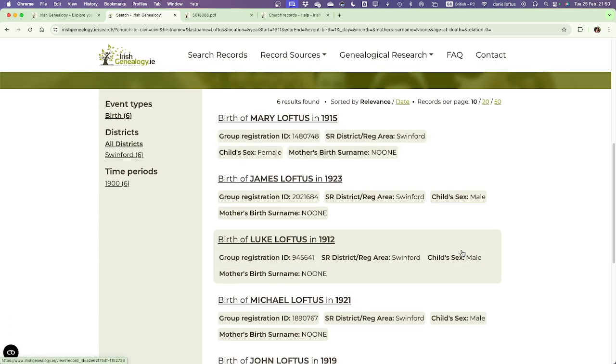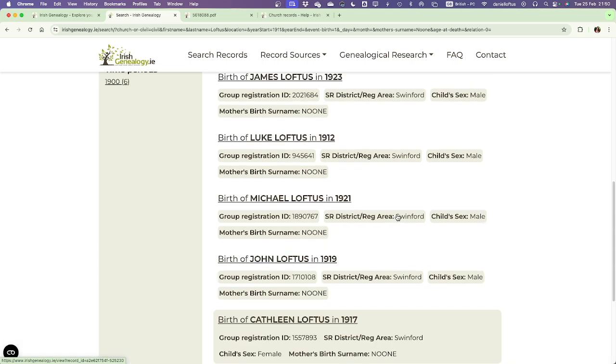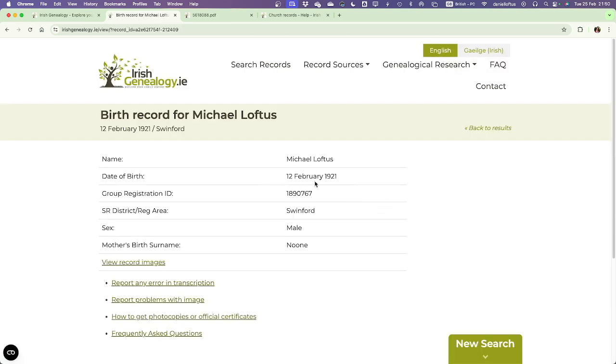And it gives me the 6 children out of the 8 that I know have a birth certificate. So I got Mary, James, Luke, Michael, John, and Kathleen. And as before, you click onto a result and it gives you the date of birth. If you're searching for that, it'll work. Group registration ID, it gives the district, the sex, and the birth surname, and then you can view the record